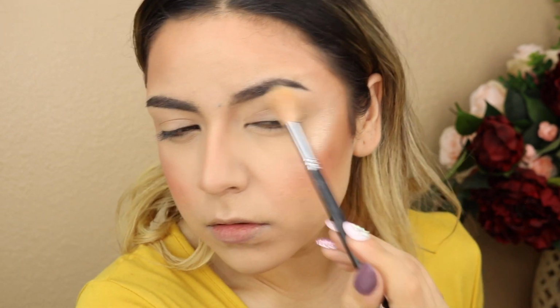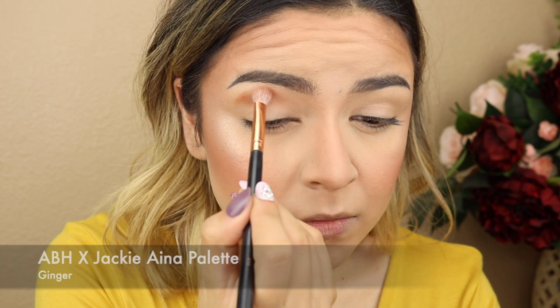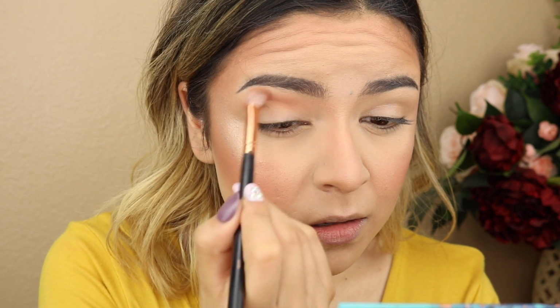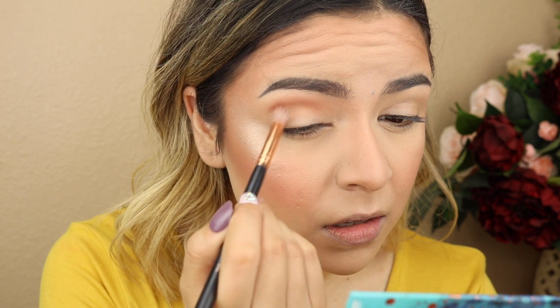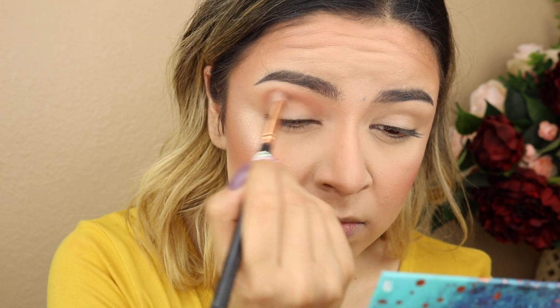Alright, so now that brows, highlight, and everything in between is done, baking is done, our face is set and ready to start working on the eyes. And the very first thing that we're gonna do is start out with the shade Ginger. So that is the very first shade that I'm working with, and I am taking this Morphe brush